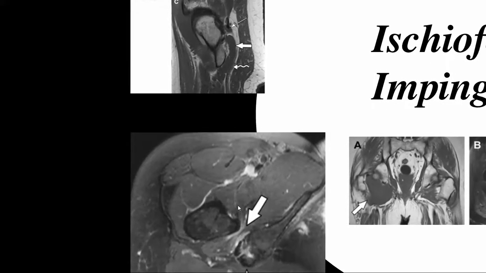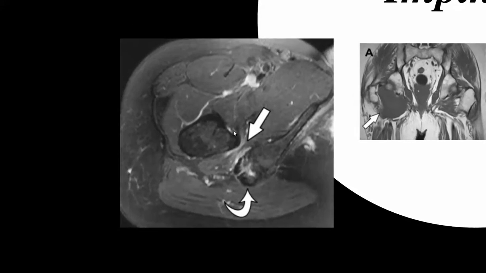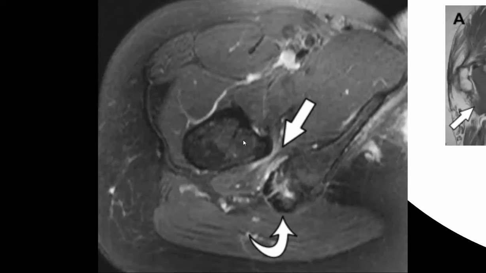Let's move on to this axial section of a hip area where you've got your femur here, you've got your lesser trochanter here, which is the dark protuberance here, and you've got your ischial tuberosity here, and between the two is the ischiofemoral corridor, and you can see the quadratus muscle going between them. This is a fluid sensitive sequence, so you can clearly see the inflammation around the quadratus femoris muscle. The quadratus femoris is deformed,